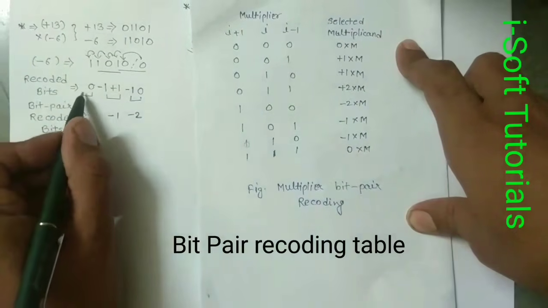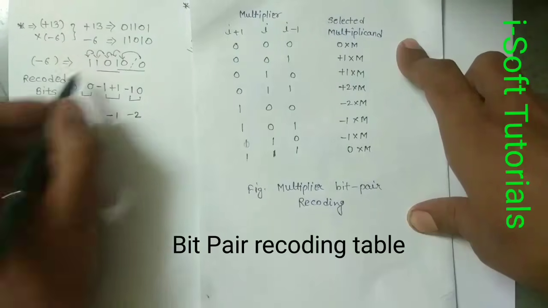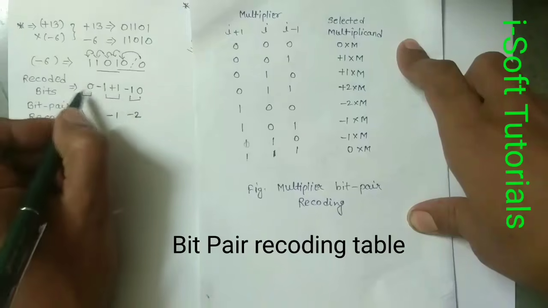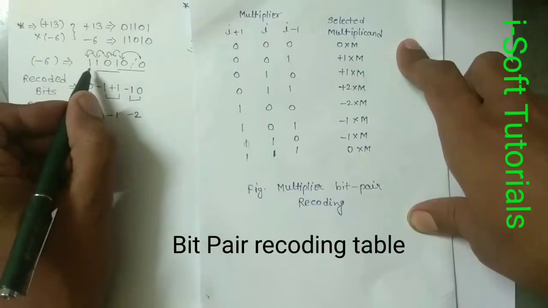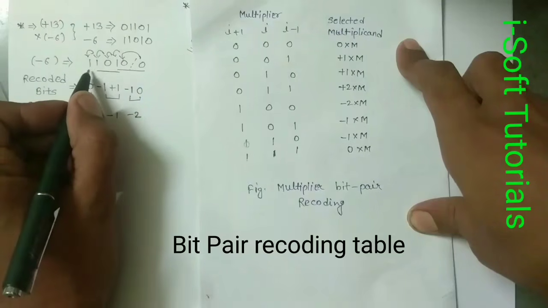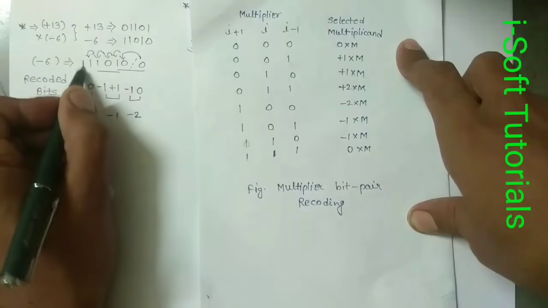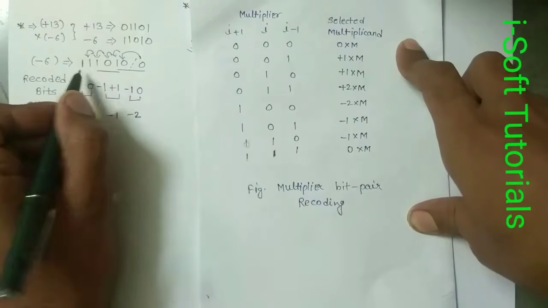Then for the next pair, for this we have to form first pair. So for forming pair, we don't have the third bit. So hence we have to add this extra bit here. We will add sign extension. Sign extension means, for minus 6 we have the minus sign. So for this minus sign, we will add extra 1, or we will extend the sign bit. Sign bit is 1, so we will add 1 here.